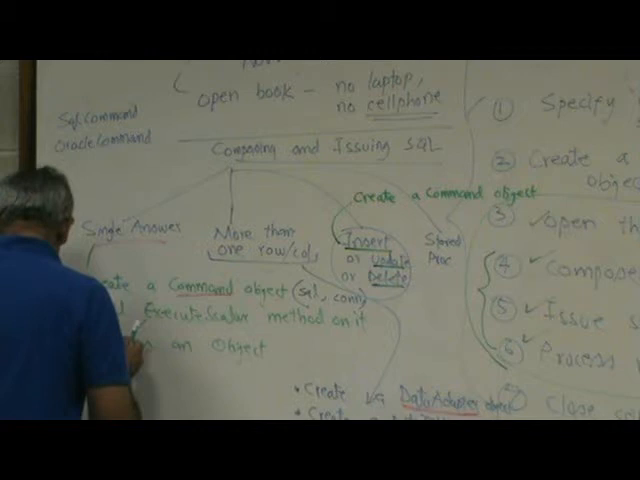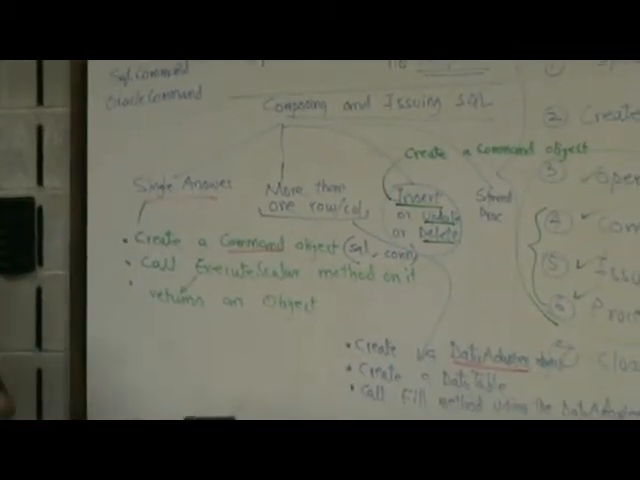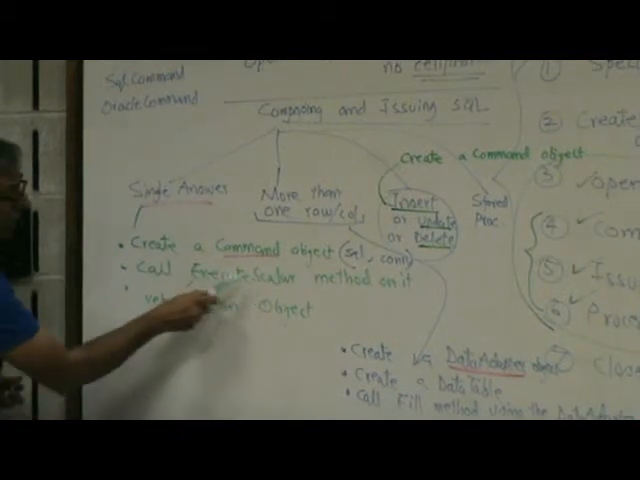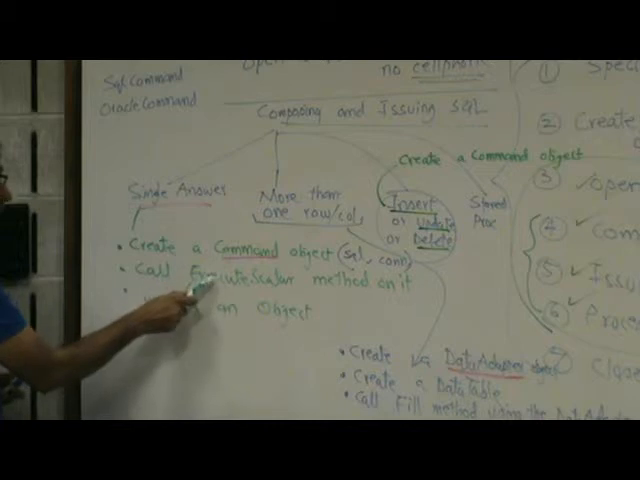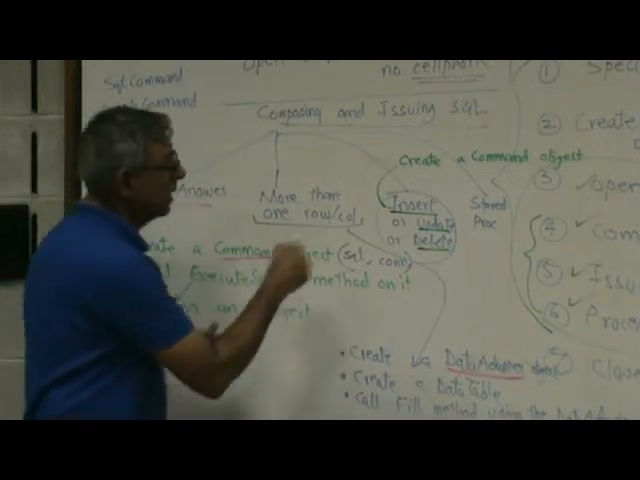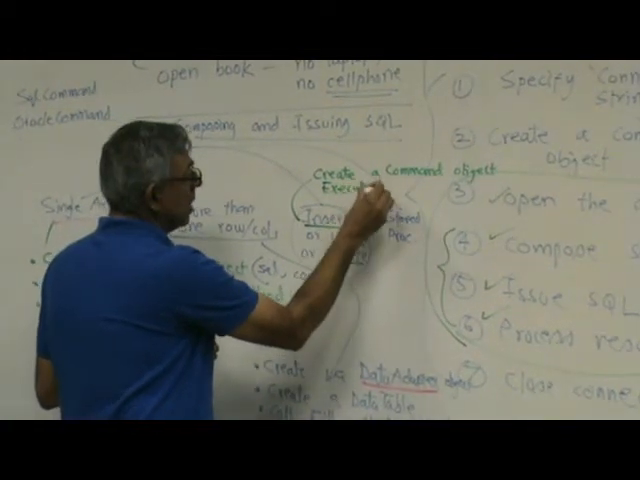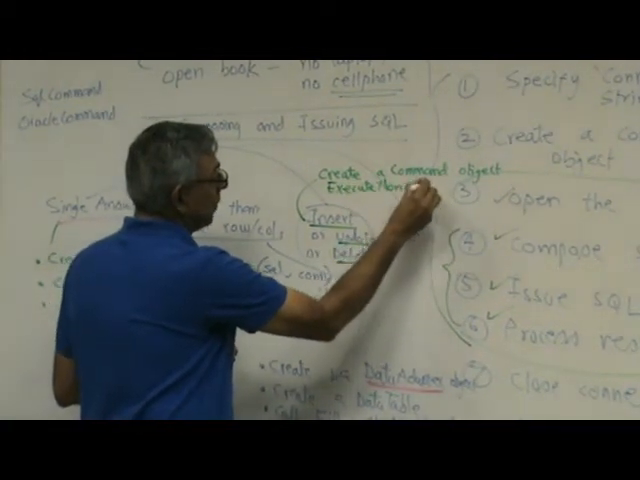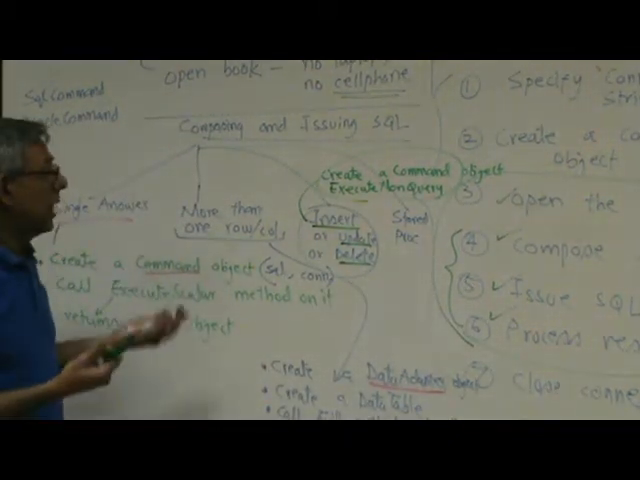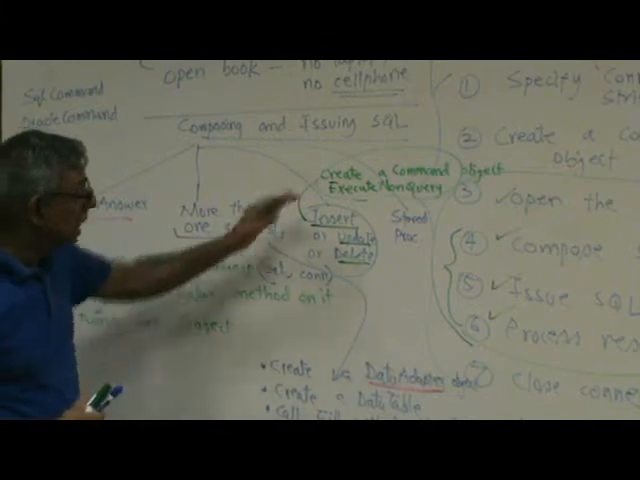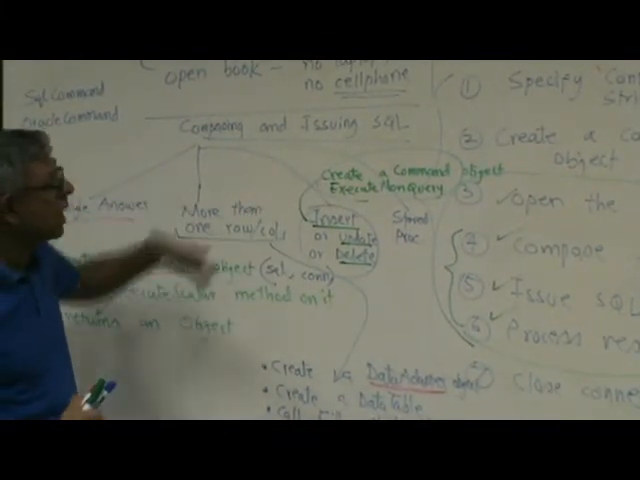Okay, now we already created a command object for the single answer scenario, right? So execute scalar was the method to bring back one thing. So rather than calling execute scalar, the difference is over here we call execute non-query. Okay. So that's our, again, once you create the command object, you will tie it to SQL, you will tie it to